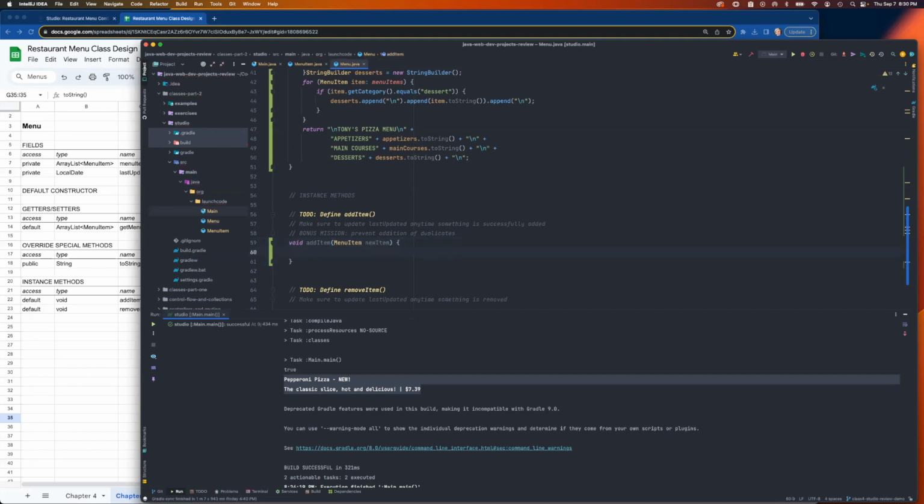I'm getting ahead of myself. We're going to do the bonus mission a little bit later. So let me just do this. It's going to be real straightforward at first. Menu items, and we're just going to add, that's an array list method add, new item. And then the second thing we need to do here is to make sure to update last updated,